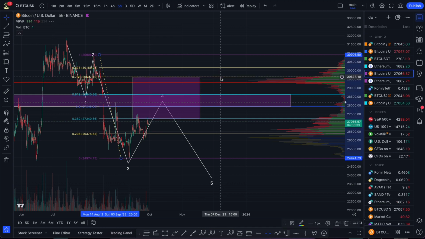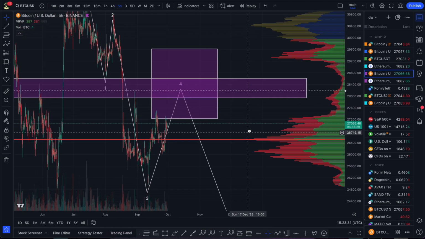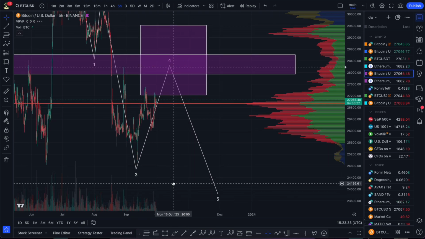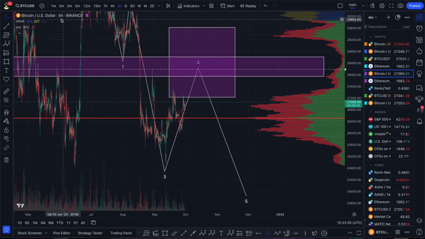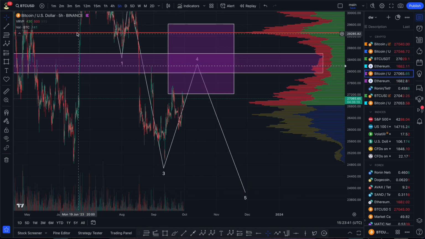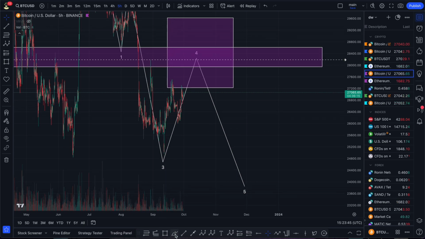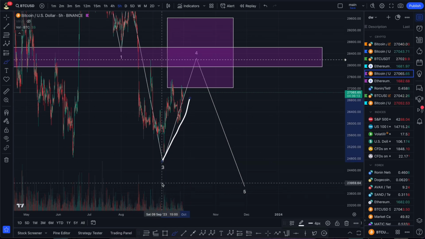Okay, let me clean this Fibonacci. We marked all of this range, which levels we need. One more thing we can see: on the Binance charts, we can see a clear divergence between price and volumes. Let me clean the VRP as well. We are seeing that the price is rising, volumes are decreasing.